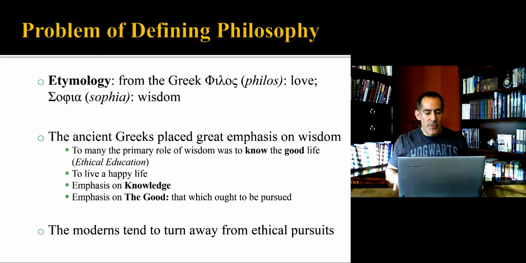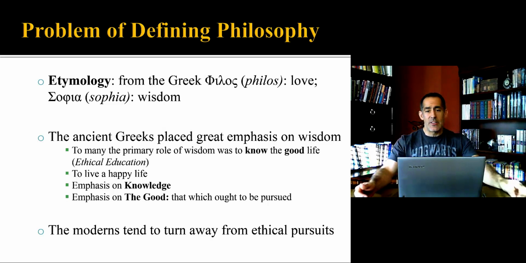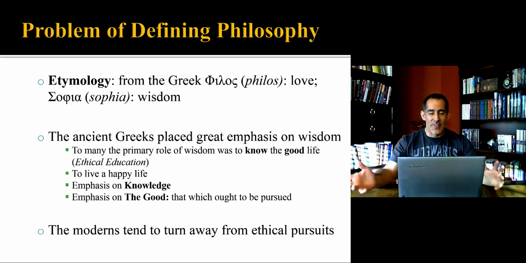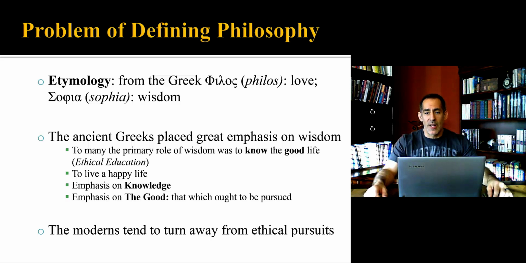Okay, so moving on, let's talk about defining philosophy. What's a good definition for it, if there is a good definition for it? And you're going to see that there's a lot of disagreement as to how you might define philosophy. Starting with the etymology, we could talk about this as being sort of a definition. The etymology, if you're not familiar, comes from two Greek words, philos and sophia, one meaning love, and sophia, wisdom. So you could talk about philosophy being the love of wisdom.